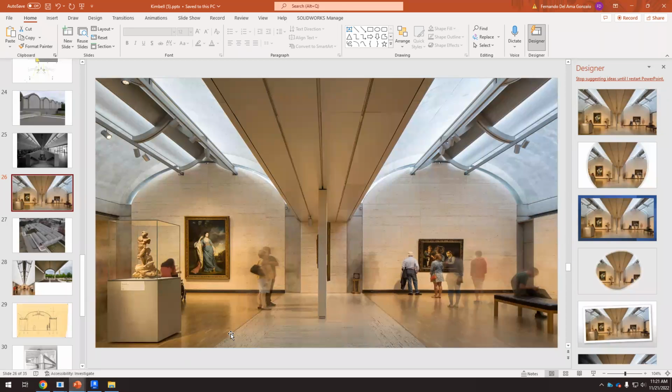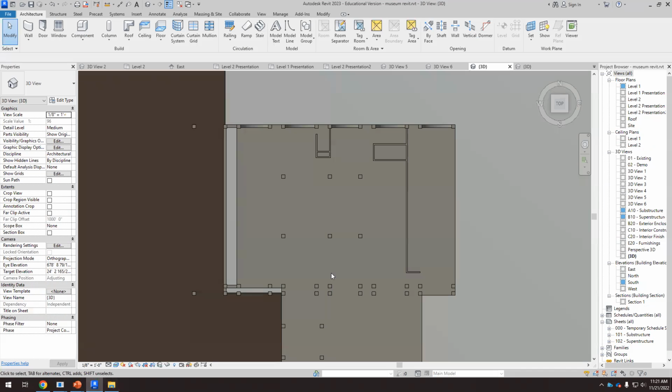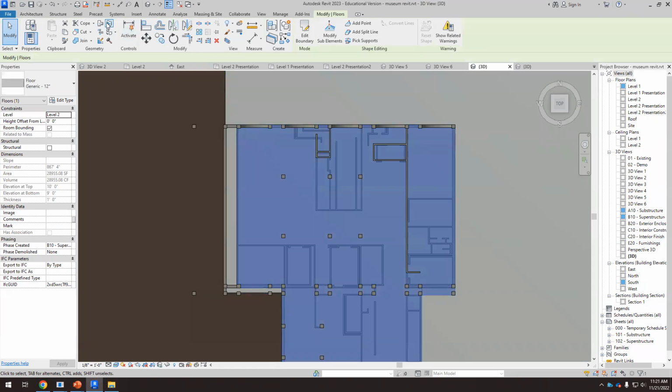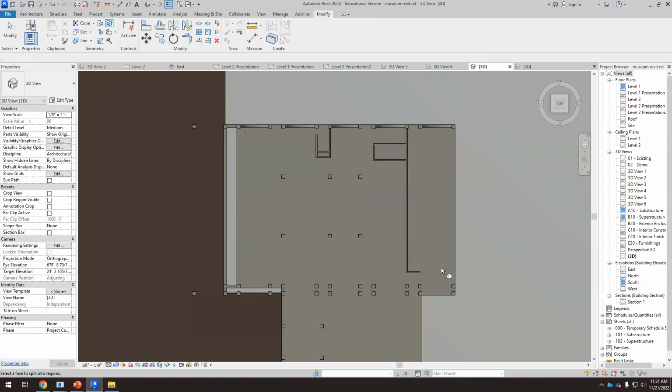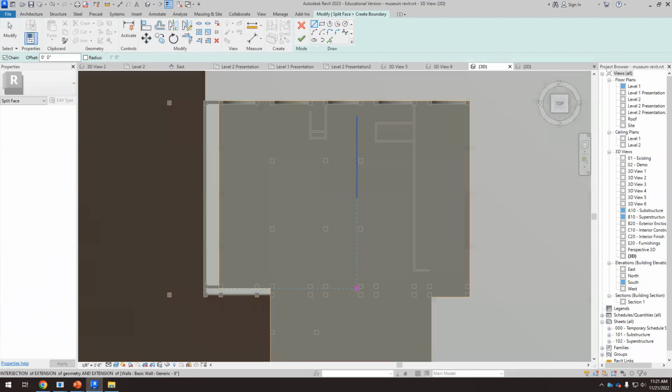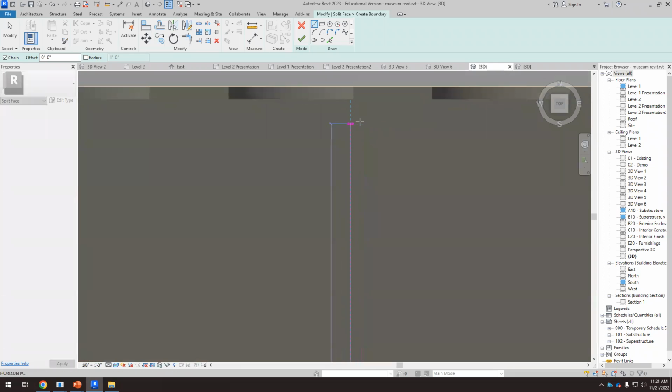Okay, so instead of doing two kinds of floors, I have a floor for this and I have a different floor for that. If I use that split face, it will work just fine. So I'm going to work again with this option, split face. Then I select the floor. And now I know that all these elements between these two columns